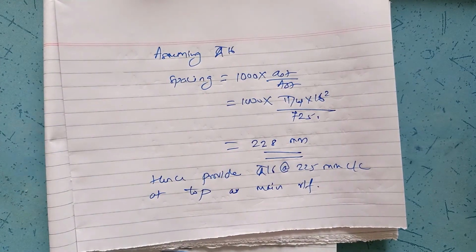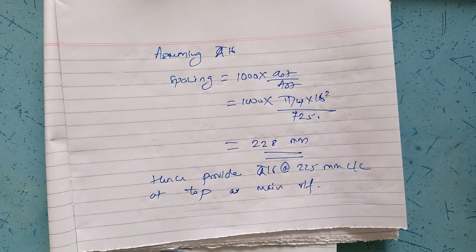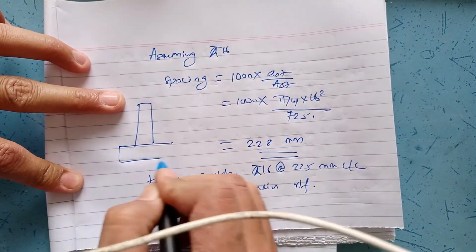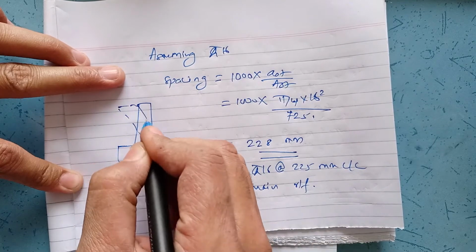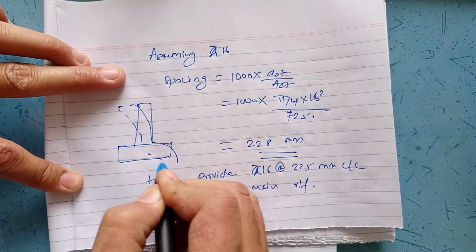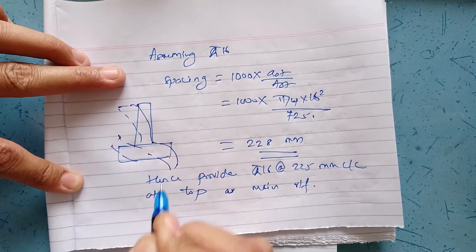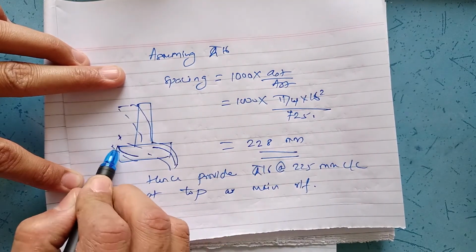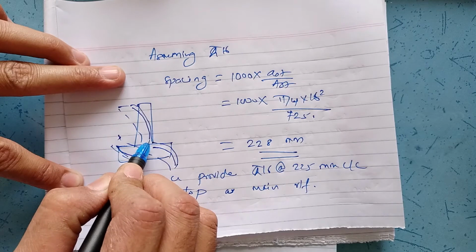Now as for the deflection nature or the bending nature of the retaining wall, you have seen in the previous videos, you can go through that, the link will be provided in the description box. Bending nature of the retaining wall is of this type. If this is the retaining wall, the stem will bend outwards, the heel will bend downwards, whereas the toe will bend upward. Now this is the tension portion of the heel, this is the tension portion of the toe, and this portion is the tension portion of the stem.